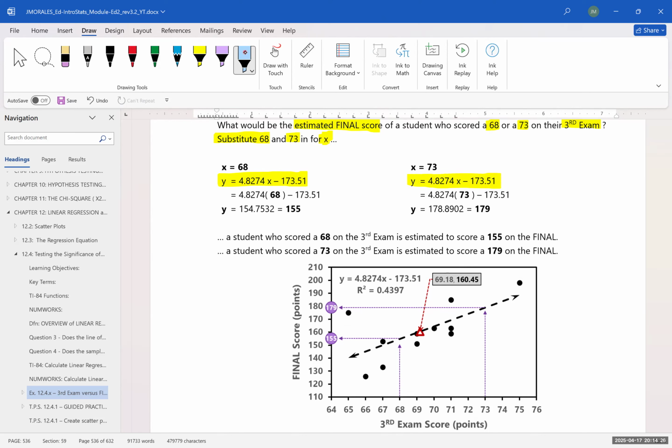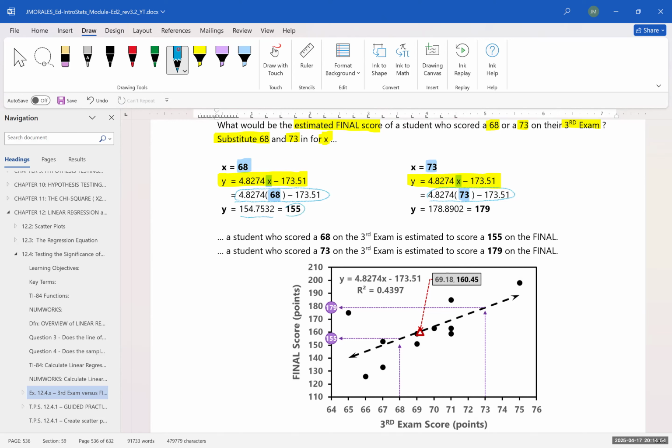And we're going to take this value of 68 and plug it in for X right there. And we're going to take this value of 73 and plug that in for X right there. And we then just simplify this expression on the right, simplify that expression on the right, and you would get